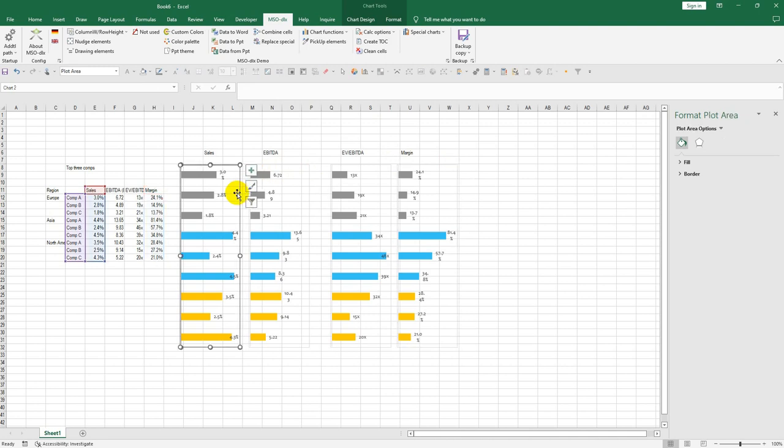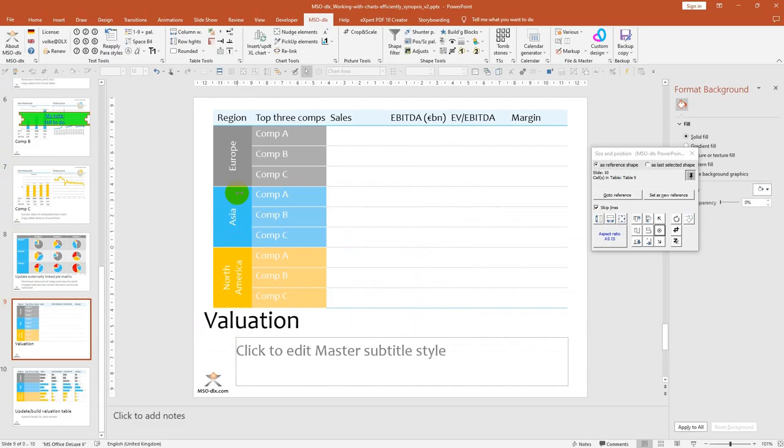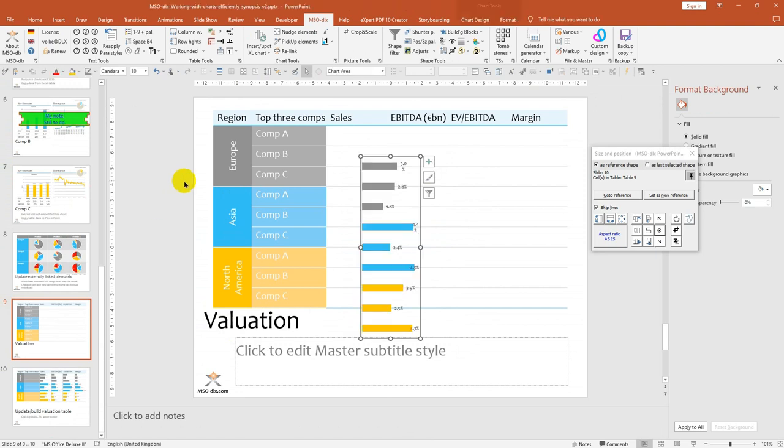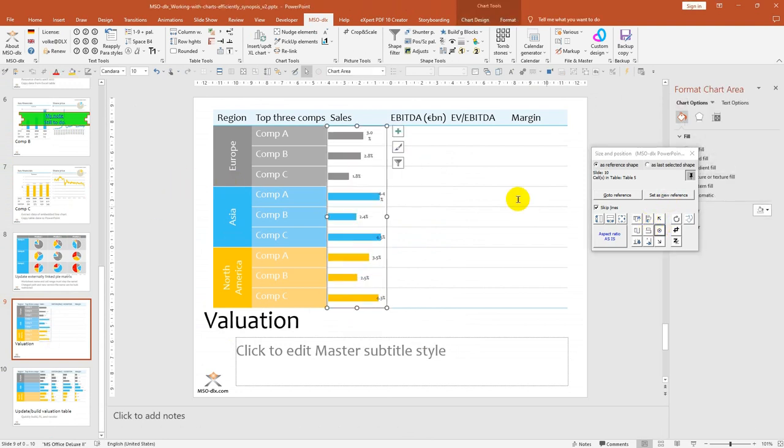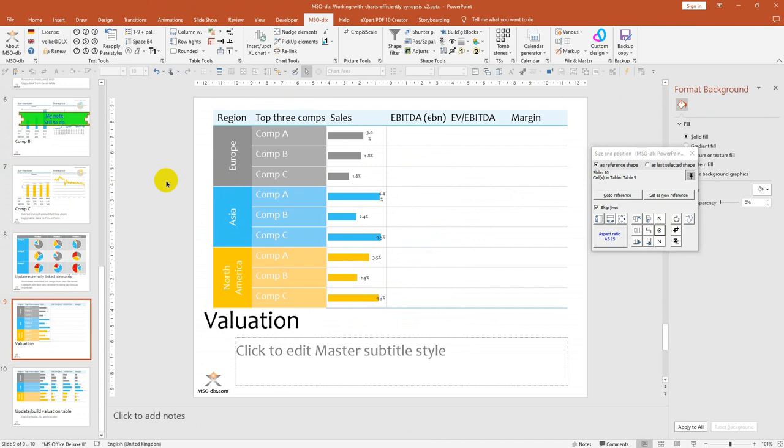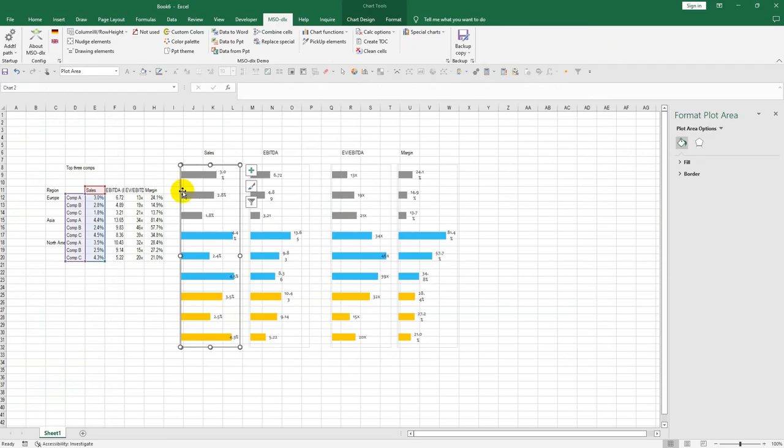Currently, the chart is fitted to Control C, fit right here. And if I decrease the plot area, no, that was the entire chart area, the plot area